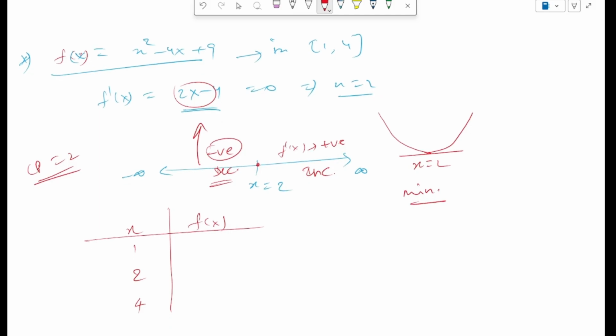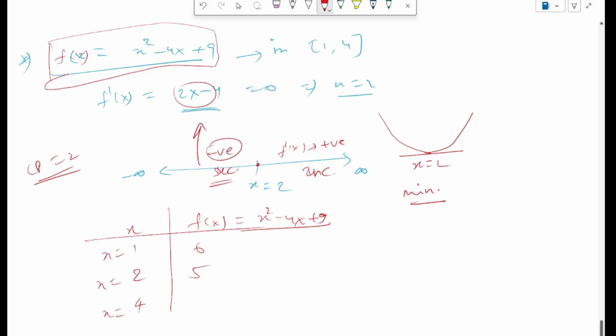So at x equal to 1, what are we going to get? Our actual function is f(x) equal to x square minus 4x plus 9. If we put x equal to 1, we get 1 minus 4 plus 9, which is 6. At x equal to 2, 4 minus 8 plus 9, we get 5. At x equal to 4, 16 minus 16 plus 9, we get 9. So if you see this,